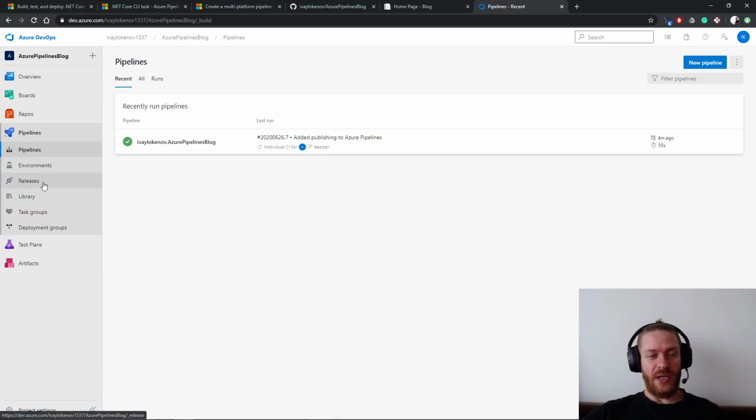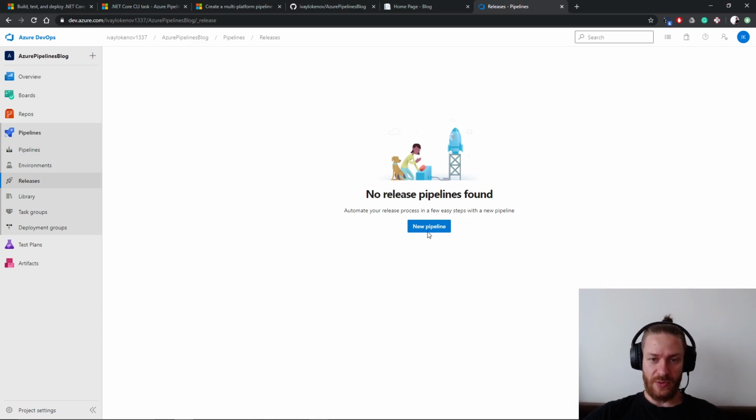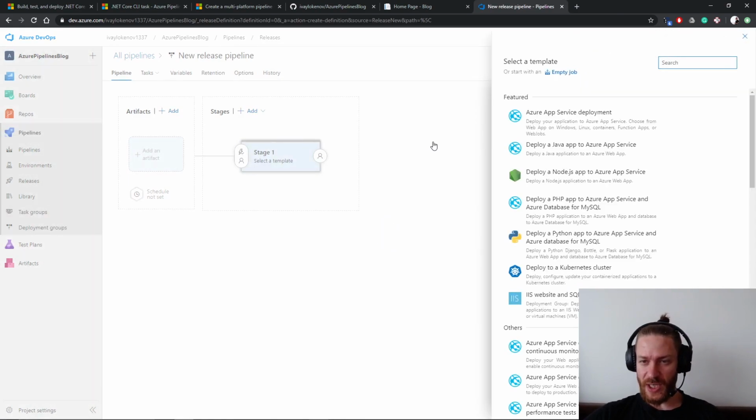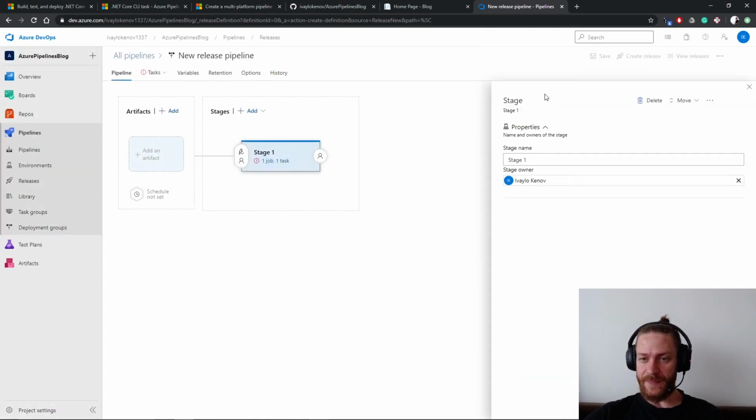Good, so finally we need to release. I'm going to say I want a new release pipeline. It's a bit tricky. I have an Azure App Service, so I want to deploy here. Then I need to specify the name of this. Keep in mind that a stage essentially means an environment where you deploy. So if I have a QA environment, staging environment, production environment, I'm going to create multiple stages here. But since this is my